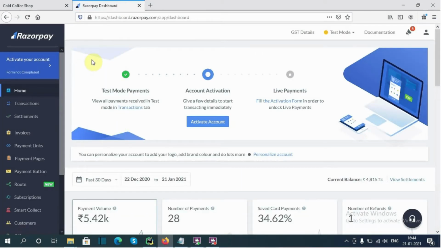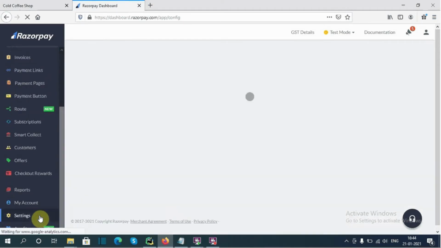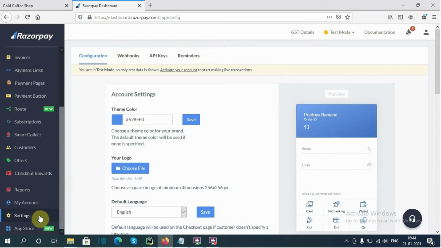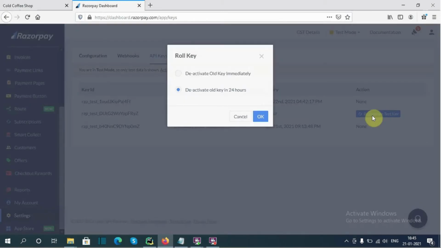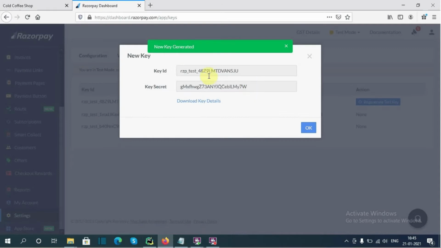Okay, it opened the Razorpay dashboard. So from this side, open settings, then click here API keys. Regenerate the API keys from here. Okay, this is the API key and this is the secret key.